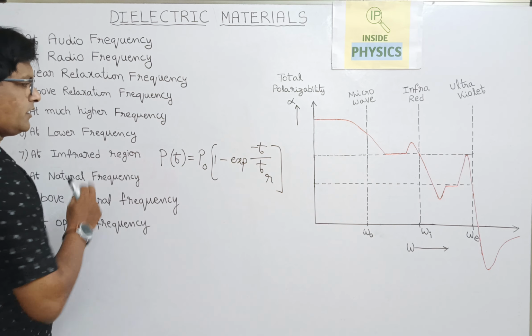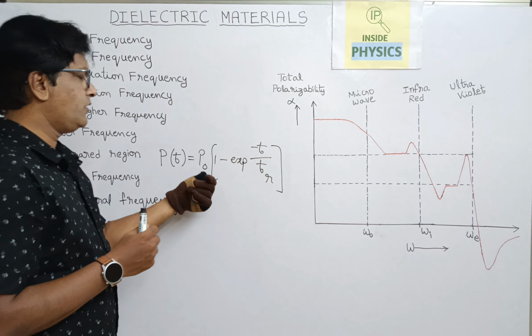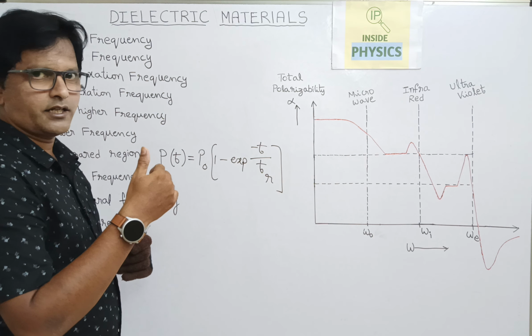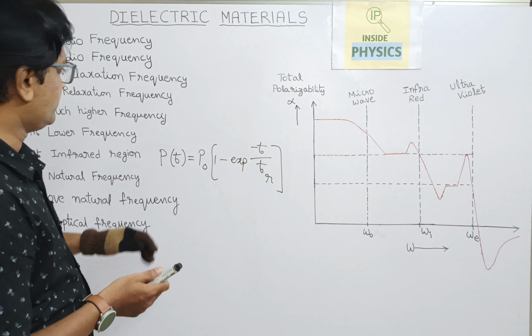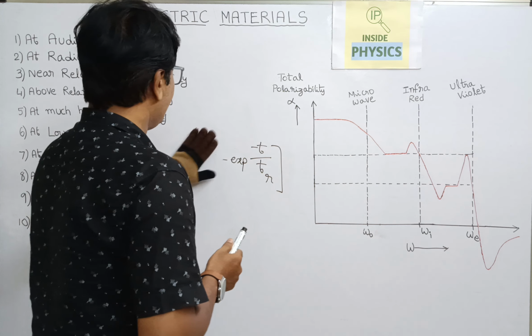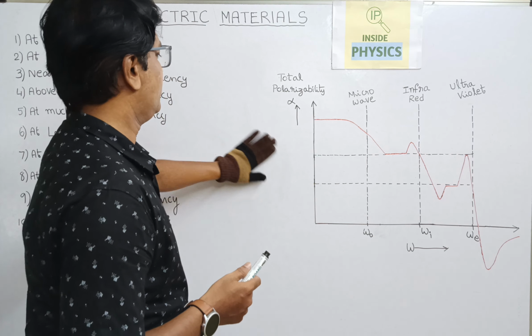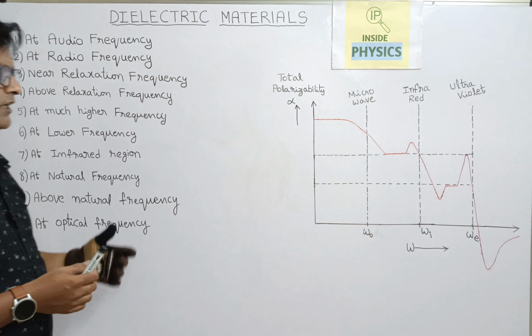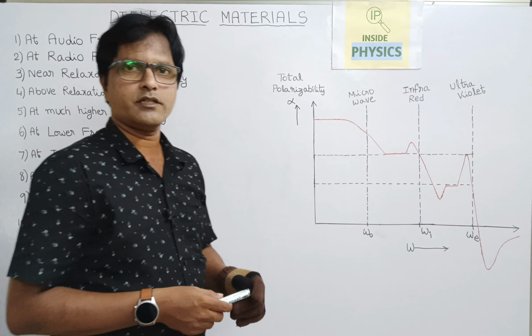So this is the instantaneous polarization, and P naught is the maximum polarization up to which a dielectric can be polarized. Next we see for different frequencies how this dielectric material behaves and how its